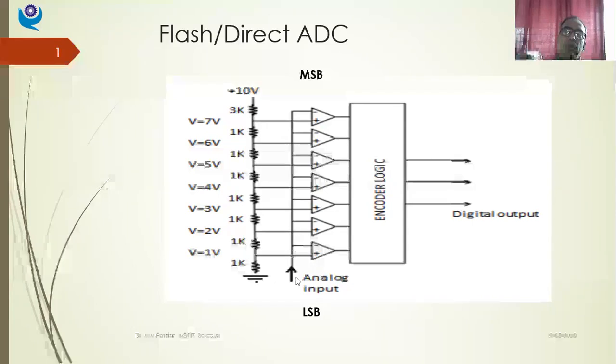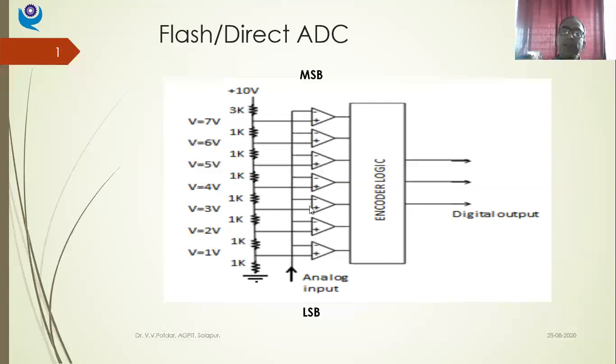Next step in the ladder, 2 volt. Now the same 2.5 volt will be read here also. The 2.5 volt is greater than 2 volts even. So yes, at the output that will correspond to on, or 1. So 1, 1. Now the next step in the ladder. So I have 3 volts here, isn't it? And my analog voltage is 2.5 volt.